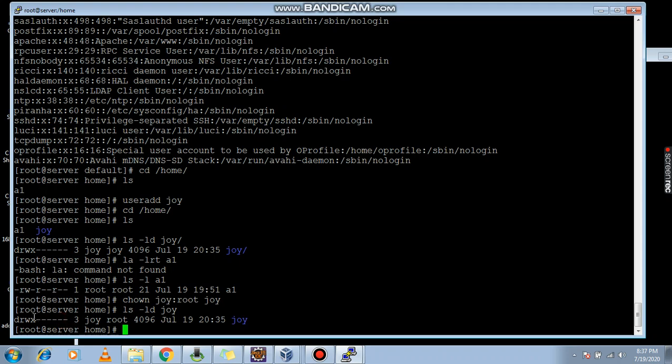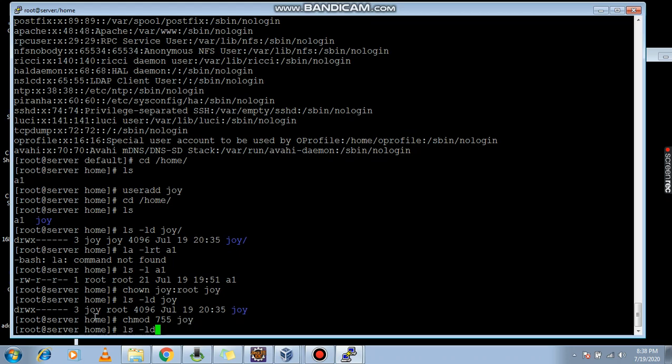That means this directory you can use for this joy, having the permission read, write and executable, while the group and others do not have the permission right now. Now I am changing the permission for this directory using chmod 755 joy.